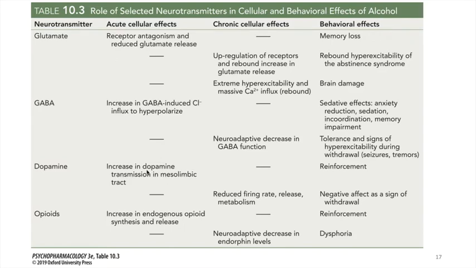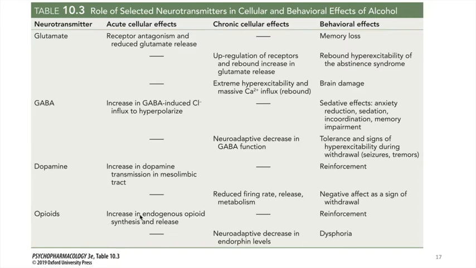It's also going to increase dopamine transmission in the mesolimbic system, right, in that VTA, the nucleus accumbens circuit. We'll talk about that more in the fourth video. It also causes an increase in endogenous opioid synthesis and release. This is also thought to contribute to the reinforcing effects of alcohol. Opioids and release of endogenous opioids such as endorphins feels good, and increasing that release reinforces the positive experience